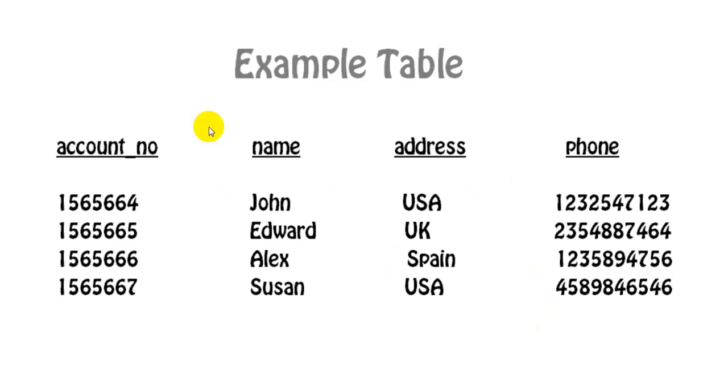Here you can see the first column of account numbers, the second name, address and phone numbers. Here are different account numbers, different names, addresses and phone numbers. You can store thousands of data in a database. You can store tons of data. For example, I want to show you the first account number that belongs to John from USA, and his phone number is given as